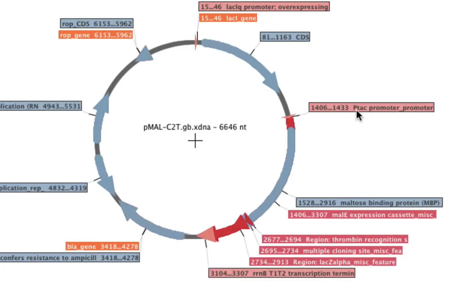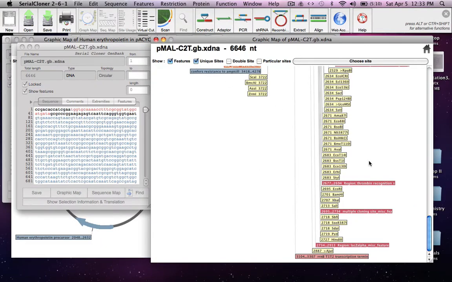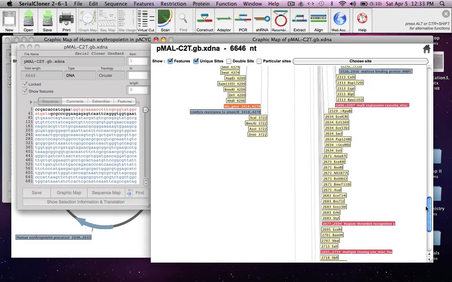In this vector we have this tac promoter which drives the expression through the entire expression cassette, and it codes for maltose binding protein, in fusion with which we'll produce our gene of interest, right? So at the end of the cassette we have a thrombin recognition site and a multiple cloning site. So basically when you produce the fusion protein, you can cleave the protein of interest by using thrombin, right?